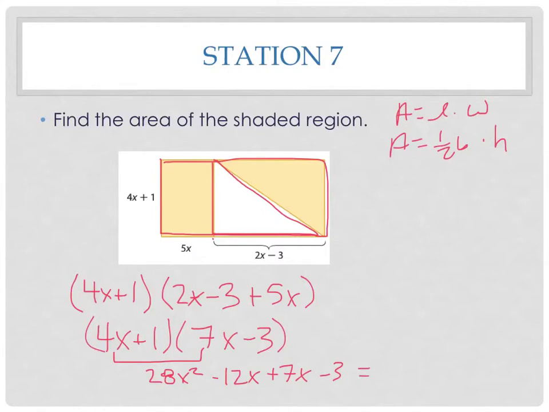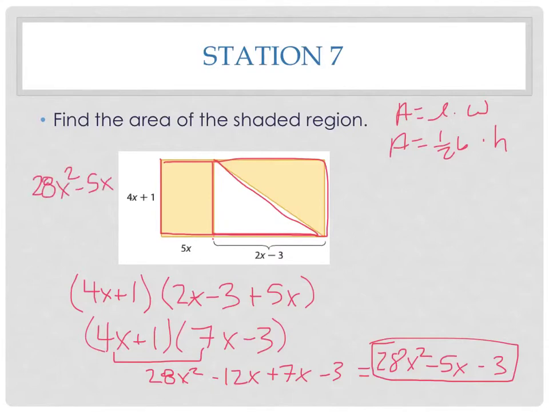I can clean that up and say that that's 28x squared, negative 12 plus 7x is going to be minus 5x, minus 3. So that's the area of the rectangle. And I can put that up here: 28x squared minus 5x minus 3. Now I need to find the area of the triangle, and that's going to be